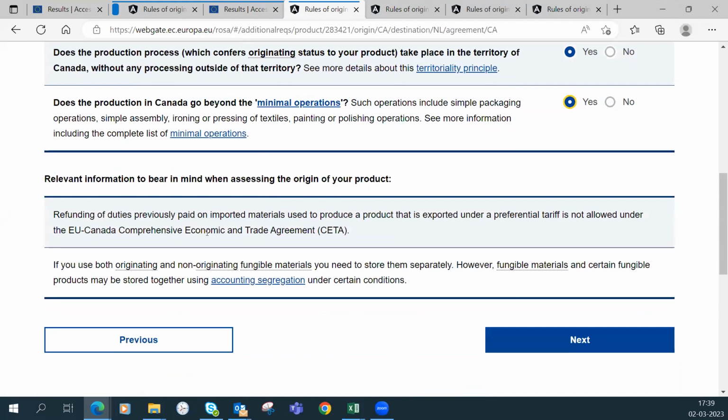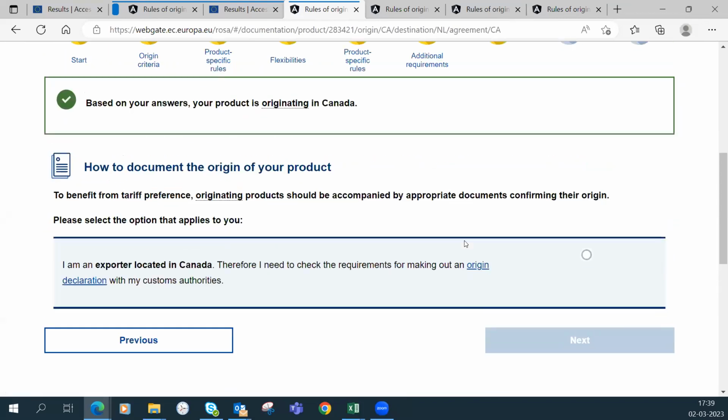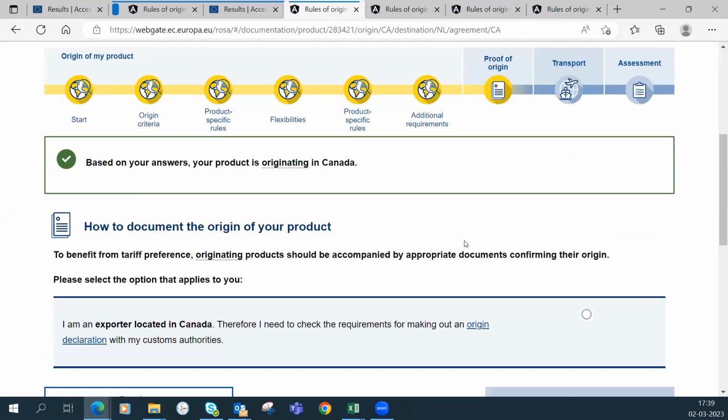You have here additional elements which are important for traders regarding what we call duty drawback, whether you are allowed or not a refund of the duty that you have previously paid on imported material, and on accounting segregation. But you are not obliged to answer. It's relevant information, but it's not necessary to assess if your product is originating.